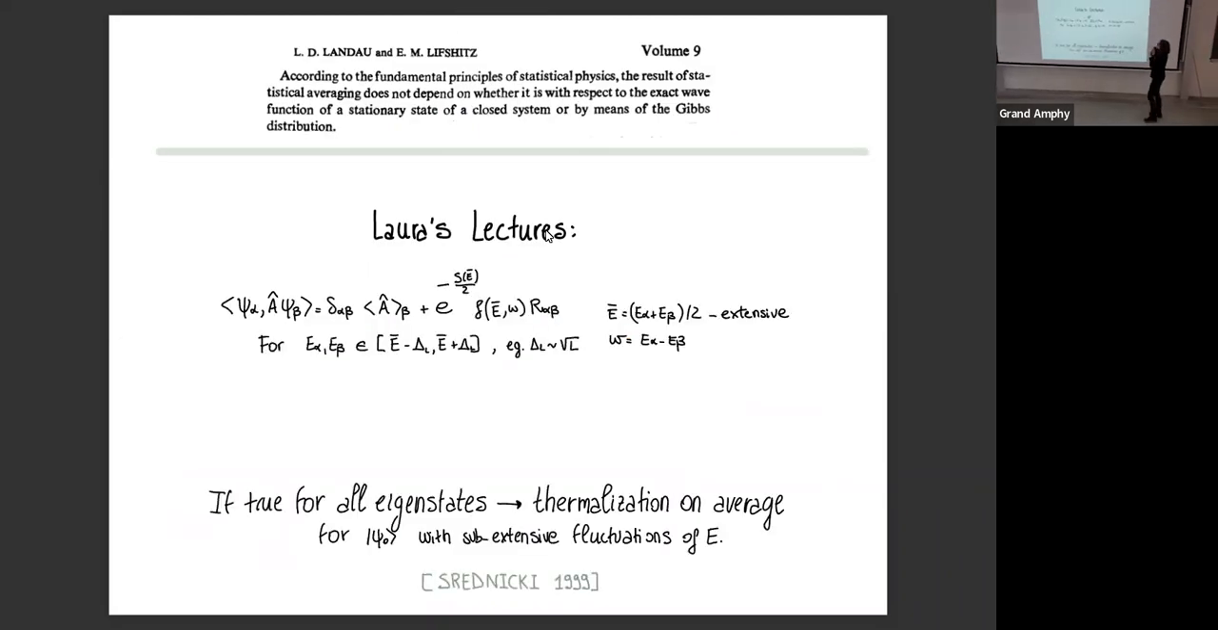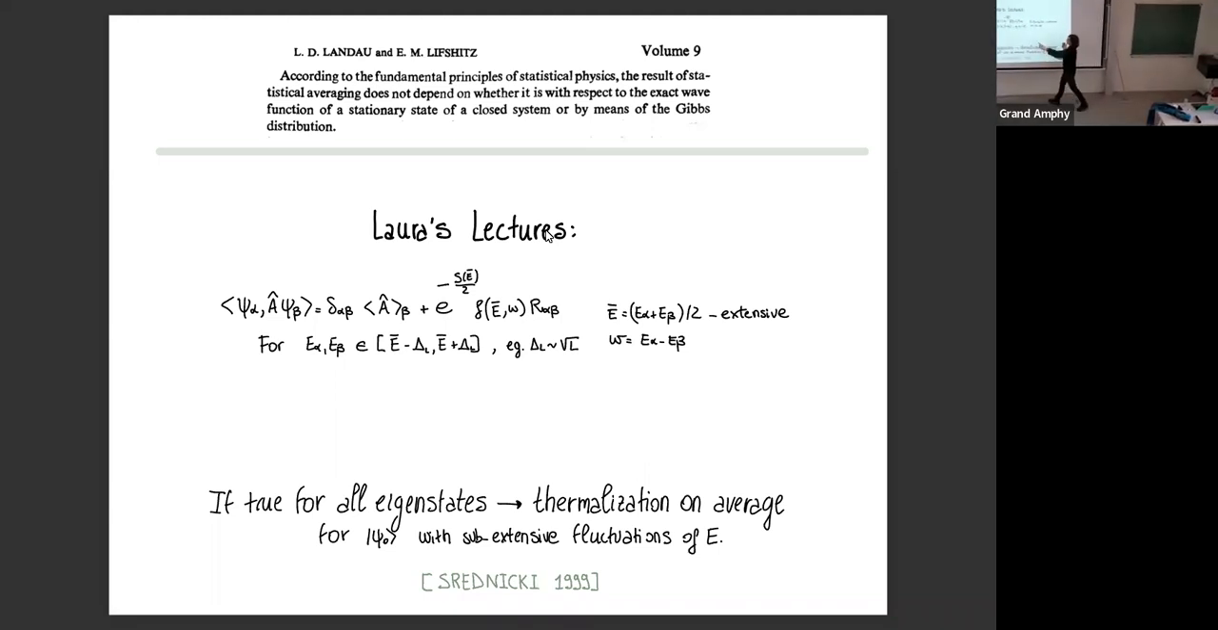Okay, so this is a recap of what Laura told you. On top, it's Landau stating ETH, maybe before anybody else, I don't know. So you see that this is volume 9, where he says at a certain point, according to the fundamental principles of statistical physics, the results of statistical averaging does not depend on whether it is with respect to exact wave function of a stationary state of a closed system or by means of the Gibbs distribution,